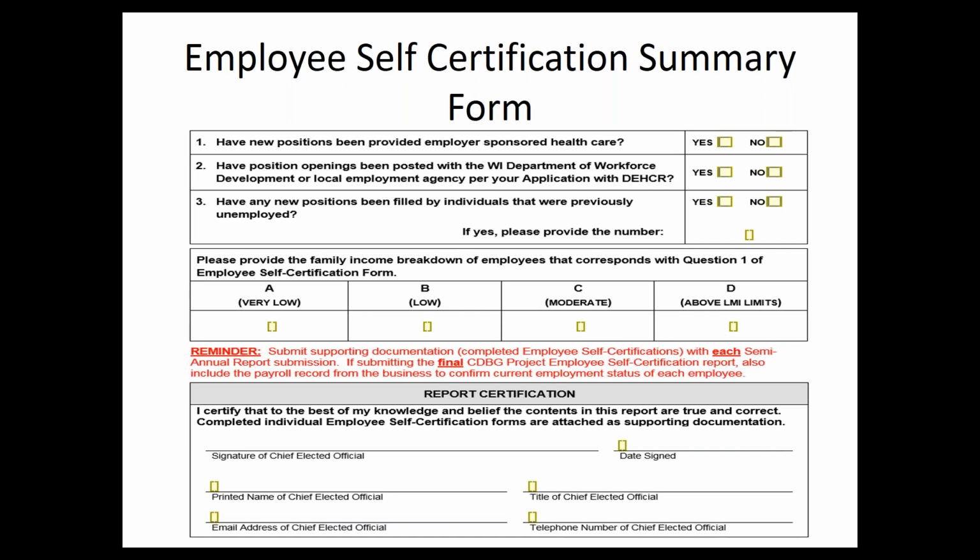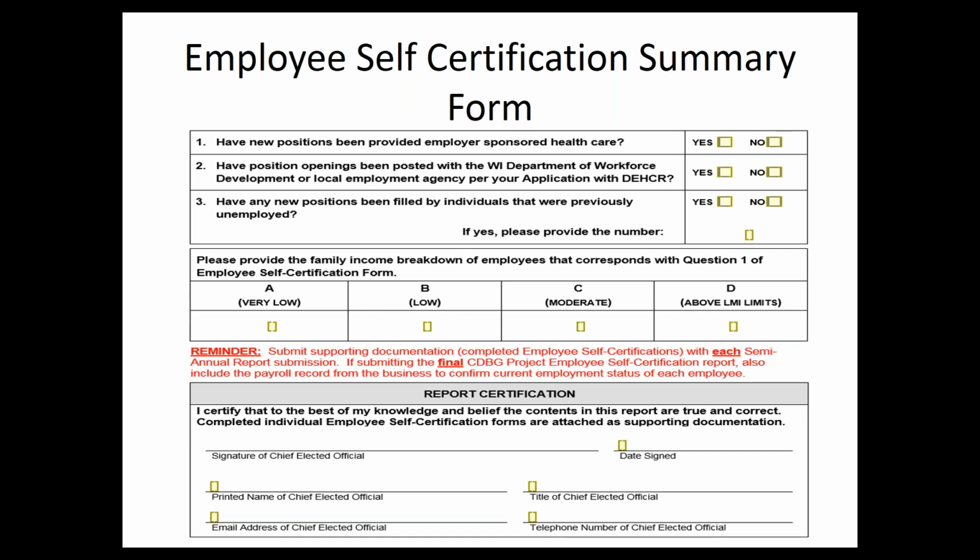The problem with the way it was done in the past, when you would submit self-certification forms to us, is that we wouldn't know if that employee was still employed there at the end. So we wouldn't know what information to put, whether they're very low LMI or non-LMI, or what the race and ethnicity is. So yes, going forward, if you have open projects, please get the payroll from the business at the end of the period, verify which self-certification forms you collected are still there, and then submit those together with the self-certification summary form. If you have a business that is no longer in their job creation period but still paying on their loan,